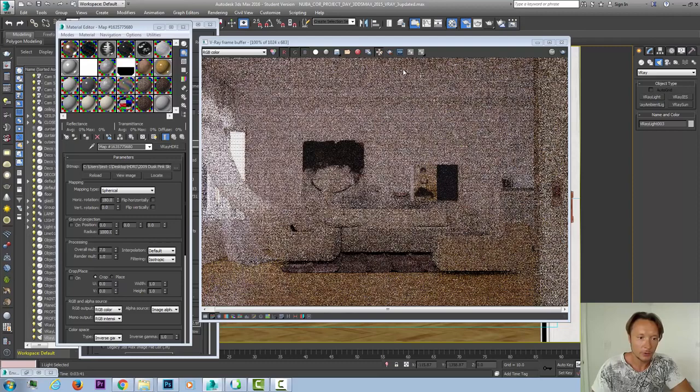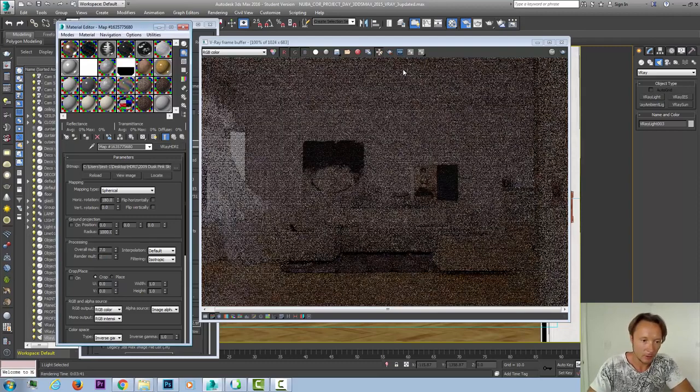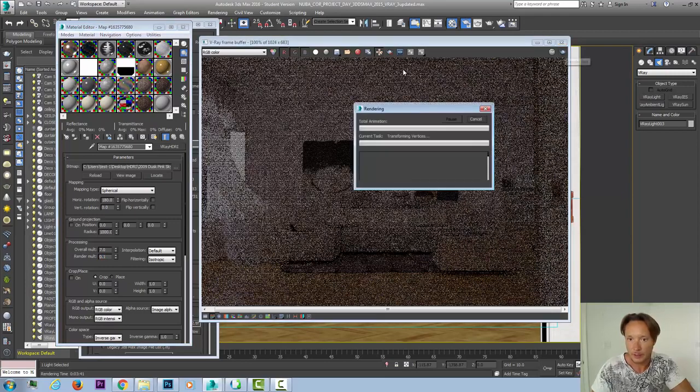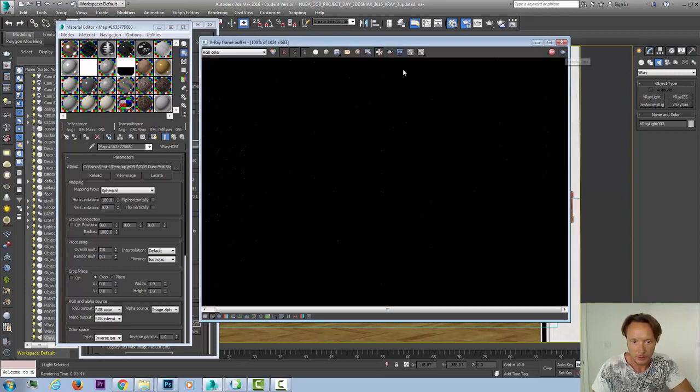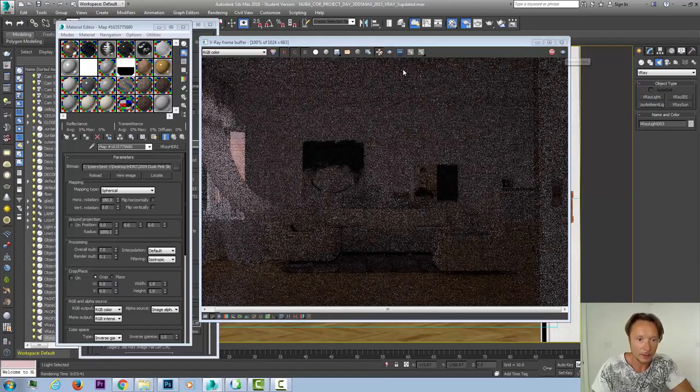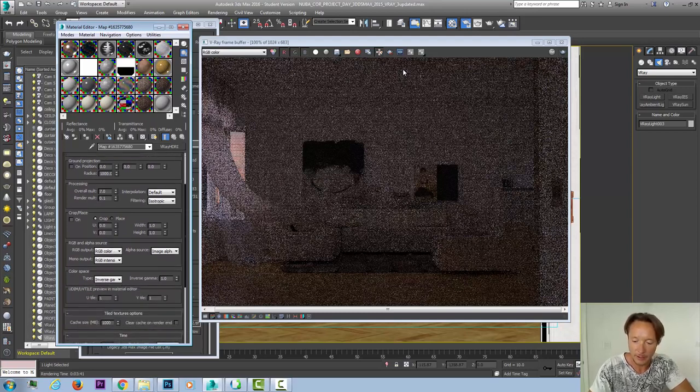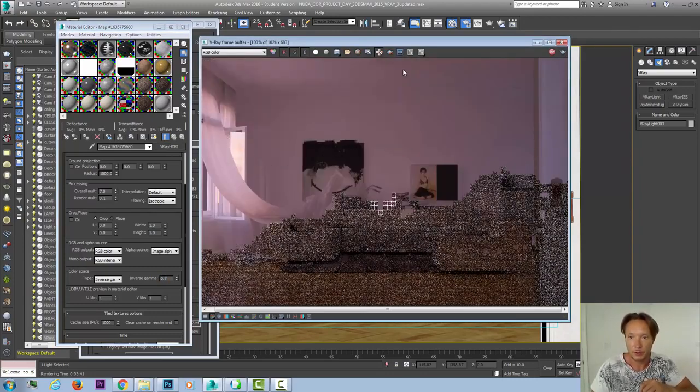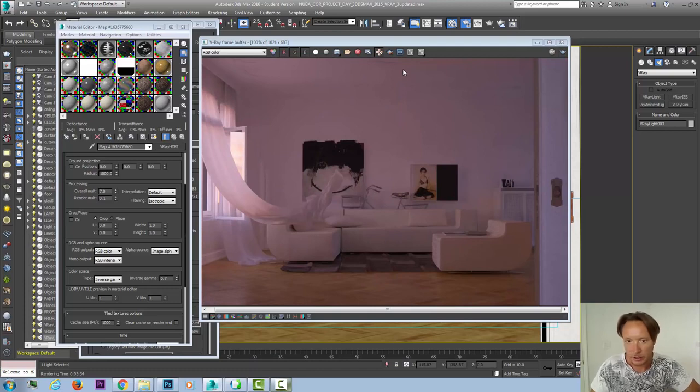So what we need to do is to go and lower our render multiplier to about 0.1 and click render one more time. So now we're getting darker results. And now here, after achieving this, I'm going to scroll down to my inverse gamma and increase the contrast a little bit, and it will pop up the exposure. Alright, pretty interesting image, a little bit dark, but if we would use some interior lights, we could create really